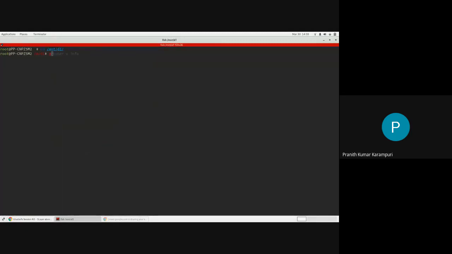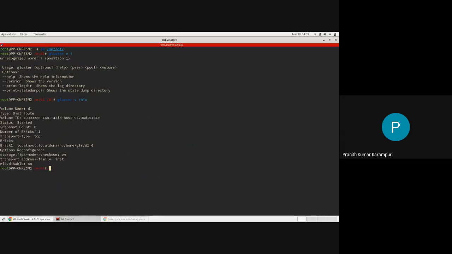So this is the plain distribute volume. Only one brick is there, which is at /home JFS T10. On my system, it is an XFS file system. If we create a file, we will also create a directory.